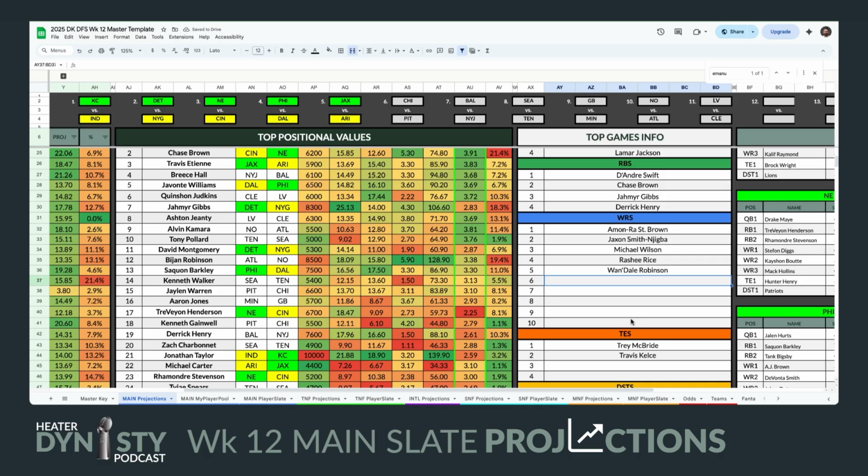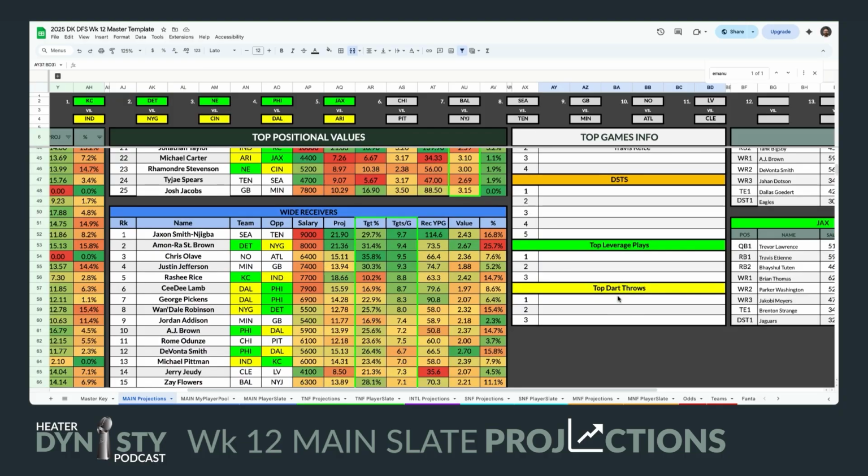And then I have a sneaky play of Isaiah Hodgins that we'll talk about later. I guess we'll just talk about it now. He is a top dart throw for me. Isaiah Hodgins, you'd be like, who is that? Well, the Giants are just trotting out whoever they can possibly play at wide receiver, and he is their wide receiver 3.